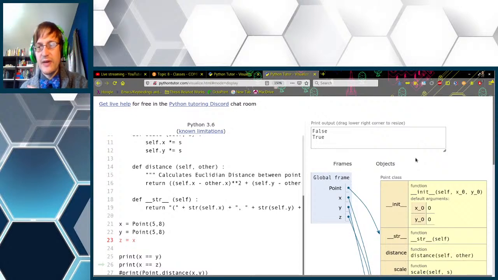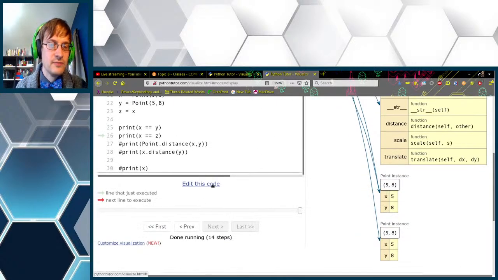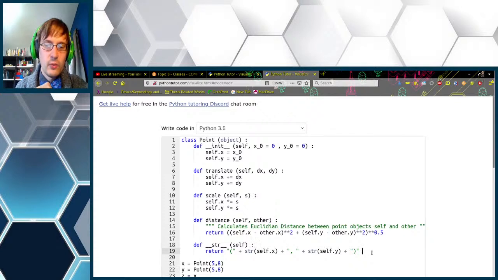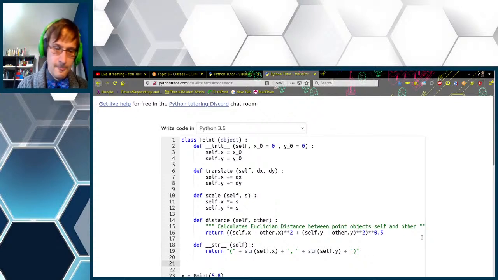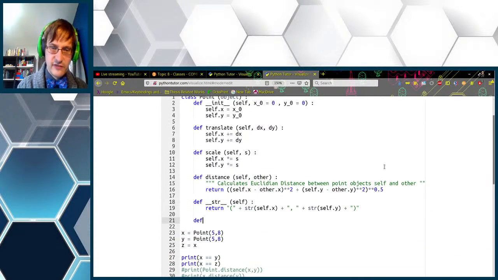And this is also a sort of sly introduction to the fact that all of the rules of aliasing that we learned over lists are also applicable to classes. So, if we wish, we can redefine what equality means for objects of the point class in order to make it something a little more intuitive.